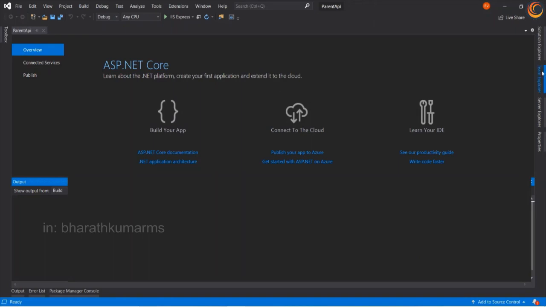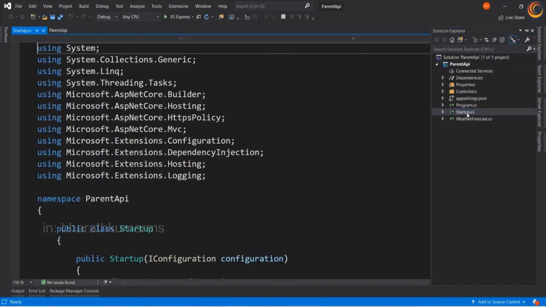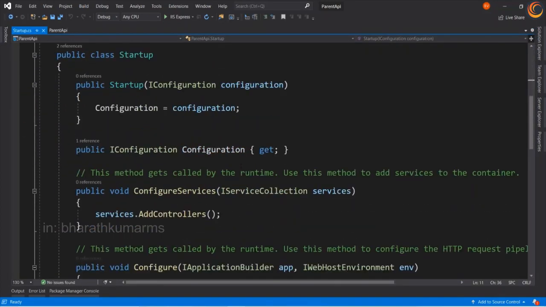Let's open up the Startup.cs and add HTTP client.